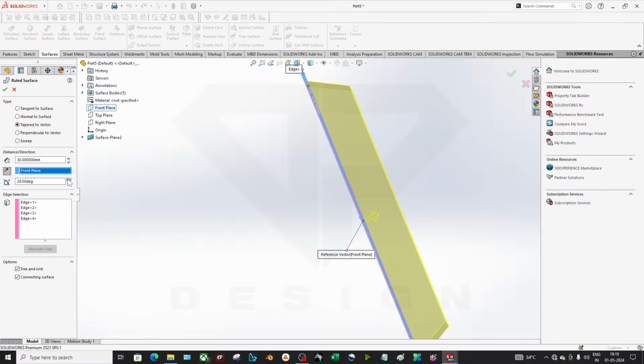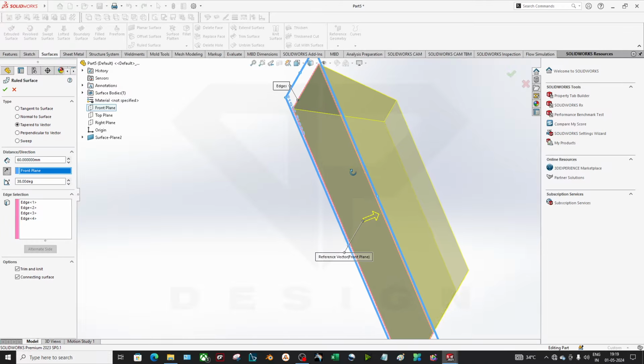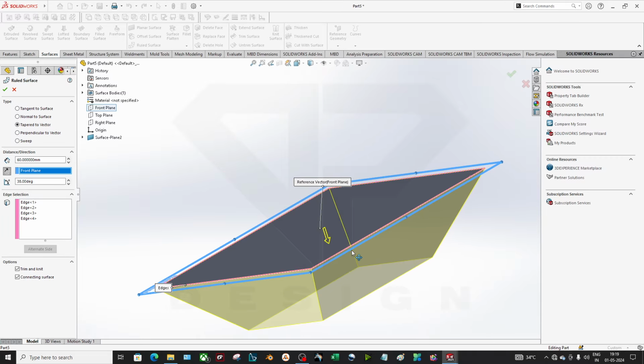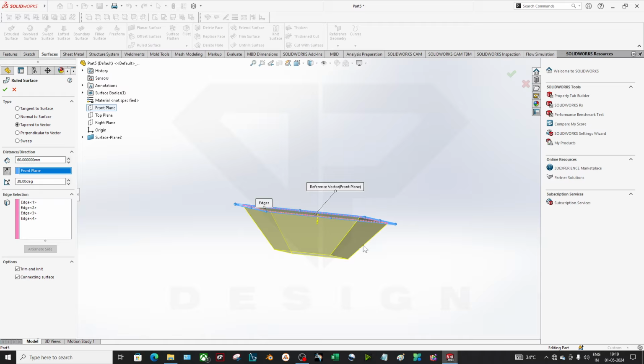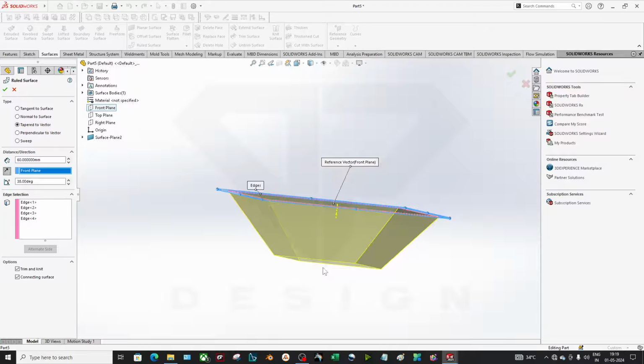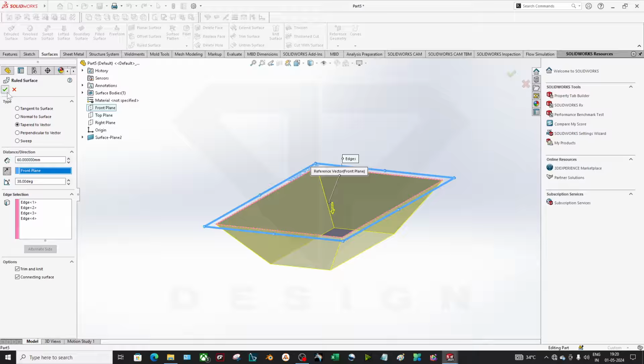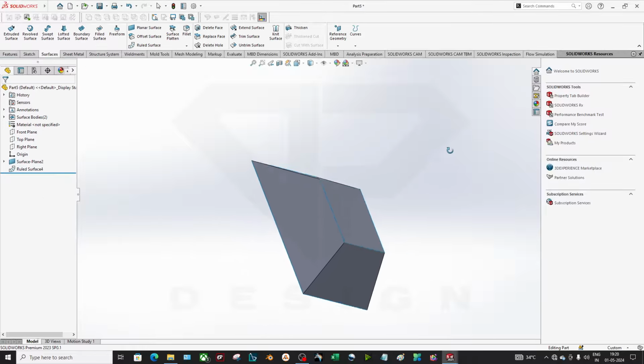So you can just give the inward direction, so you don't have to create the loft command and give the reference for guidelines, guide curves, right? So to reduce that time, you can just use the ruled surface command. It is very useful. I'm using it in the cars. Okay, as you can see,